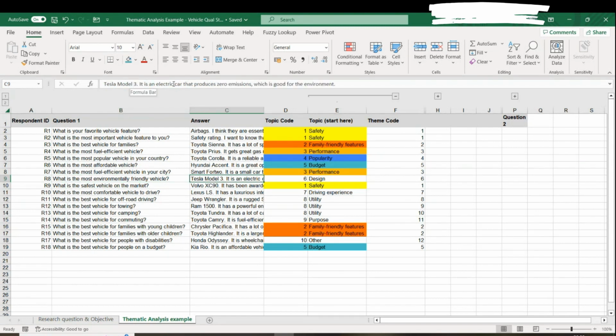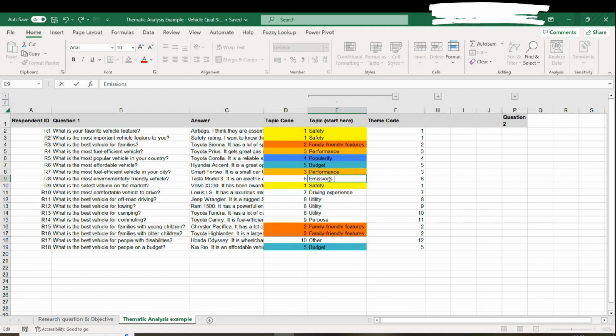It is an electric car that produces 0 emissions, which is good for the environment. So here, this person is actually, so we might even change this because here it says design. Is it really about design? No, but maybe about emissions. If we are focusing on 0 emissions, from what they said, it's good for the environment. Yeah, we might say number 6 is